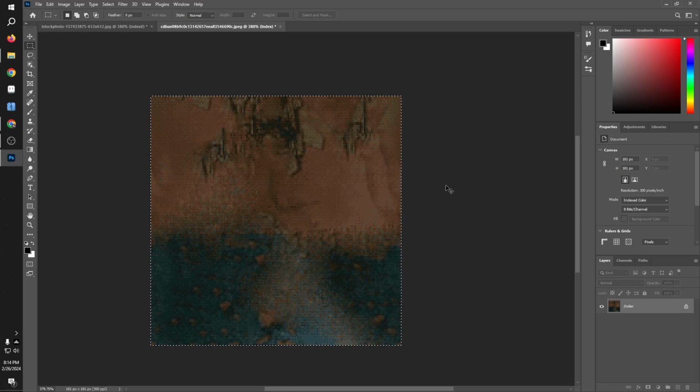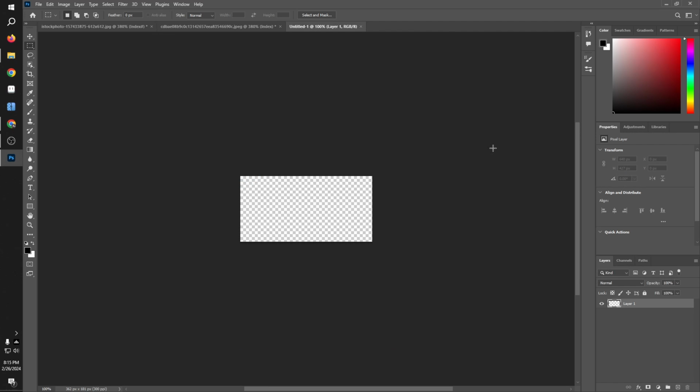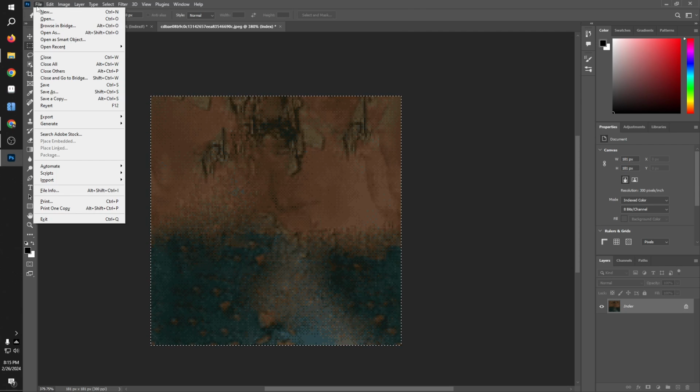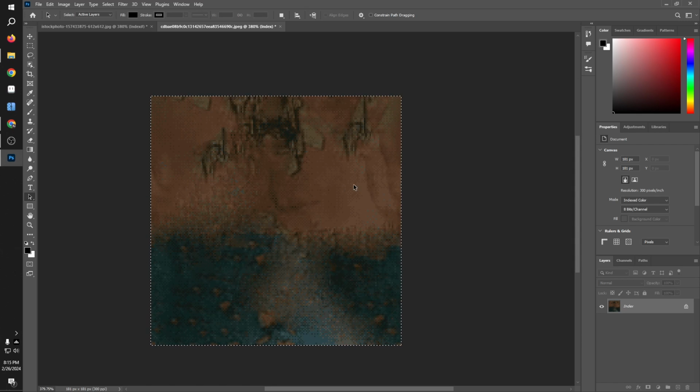Another thing that you can do just to check the seamlessness is to create a new one over here, and from here, as you can see, this is something we can multiply by 2. Oh, sorry about that. I think I already made a mistake. I'm gonna create a new texture, and first, what you wanna do is select everything by Control A,